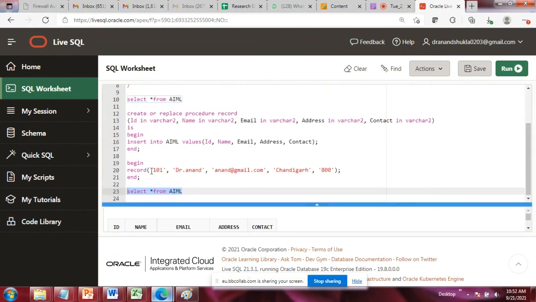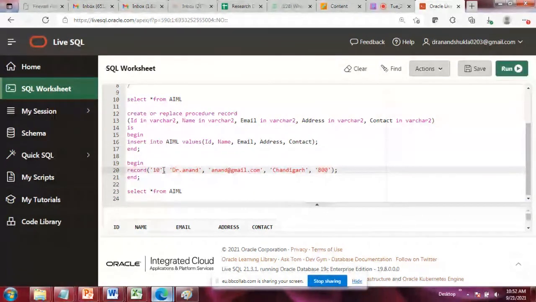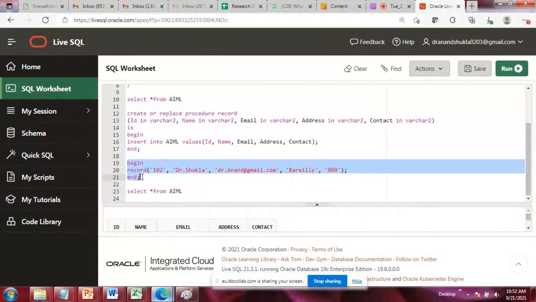Once again, I am going to call the procedure with different values. Dr. Shukla, Dr. Dia, anand@gmail.com, Chandigarh. This time I'm going to change the contact. Once again I have to execute this.